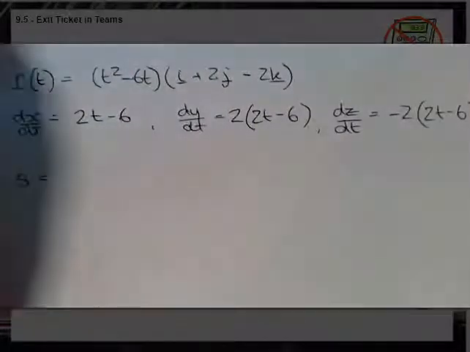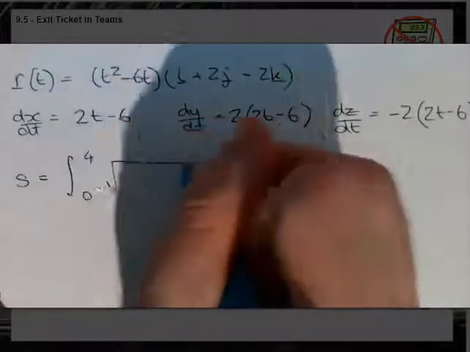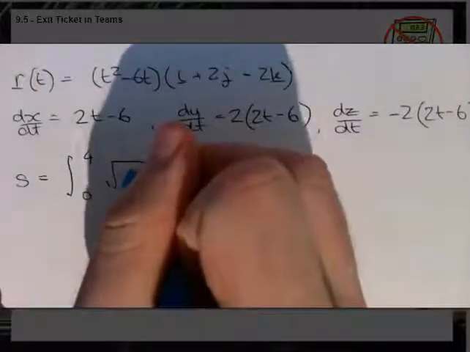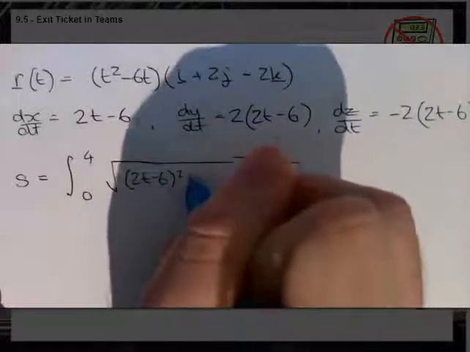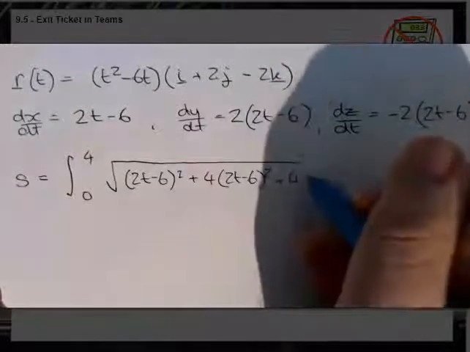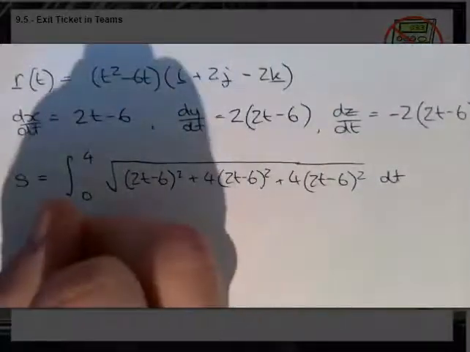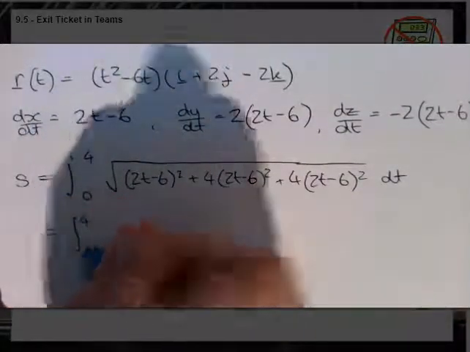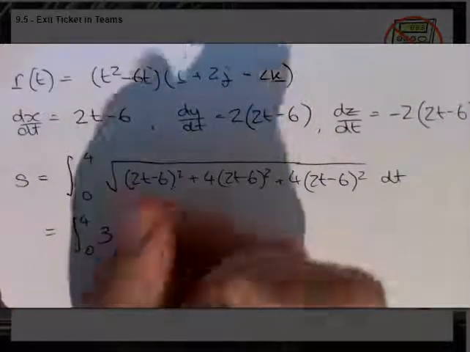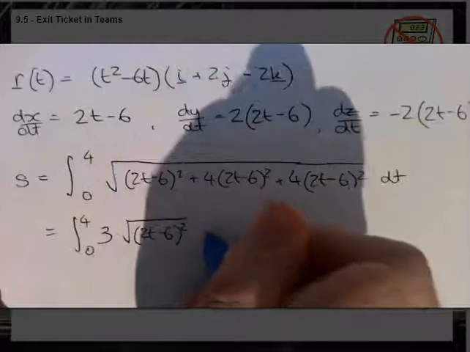And so the arc length is going to be the square root of 2t minus 6 squared plus 4 times 2t minus 6 squared plus 4 times 2t minus 6 squared. You can kind of see why doing it this way works out slightly neater, because in total here I've got 1 plus 4 plus 4, that's 9. So I've got, taking it out of the square root, 3 times the square root of 2t minus 6 squared